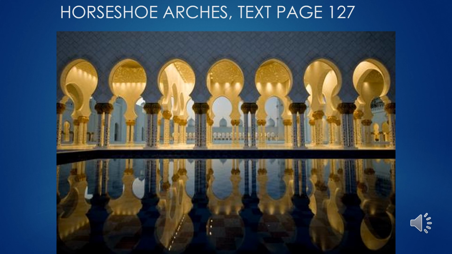Another popular motif in Islamic architecture is the horseshoe arch. This actually was first seen in Visigothic Spain. It was used by the Visigoths in some of their early churches, and again we'll see that in a few classes from now. But it was used by the Persians and the Byzantines very early on too, in about the